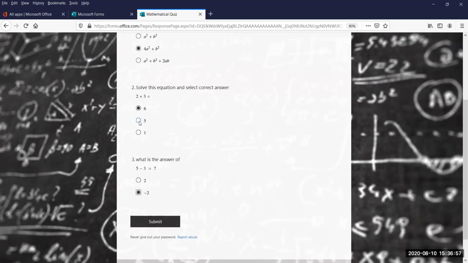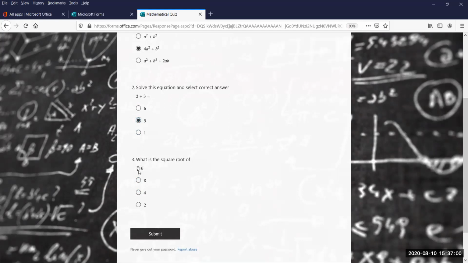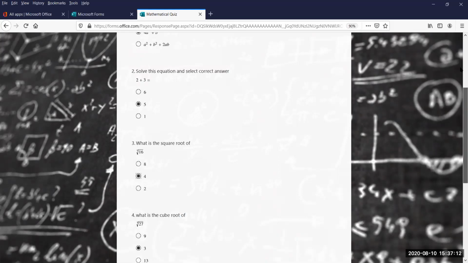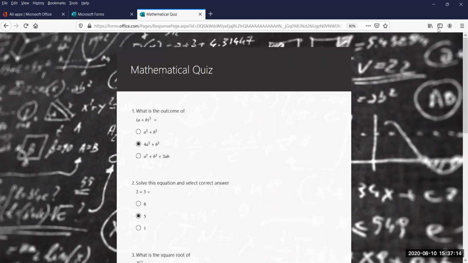And here, if I am able to respond correctly, then it will take me to the square root question. Here, if I select the correct answer, then it will take me to the next level of question, which is the x equation. So that is how this form looks more interactive based on the student's response. Then I will show you exactly how we have created this.